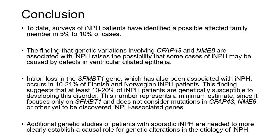Intron loss in the SFMBT1 gene, which has also been associated with INPH, occurs in 10 to 21% of Finnish and Norwegian INPH patients. This finding suggests that at least 10 to 20% of INPH patients are genetically susceptible to developing this disorder. This number represents a minimum estimate, since it focuses only on SFMBT1 and does not consider mutations in CFAP43, NME8, or other yet-to-be-discovered